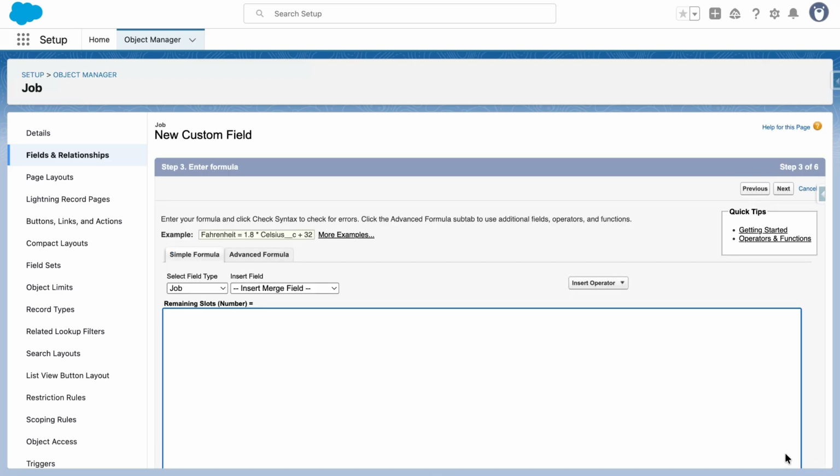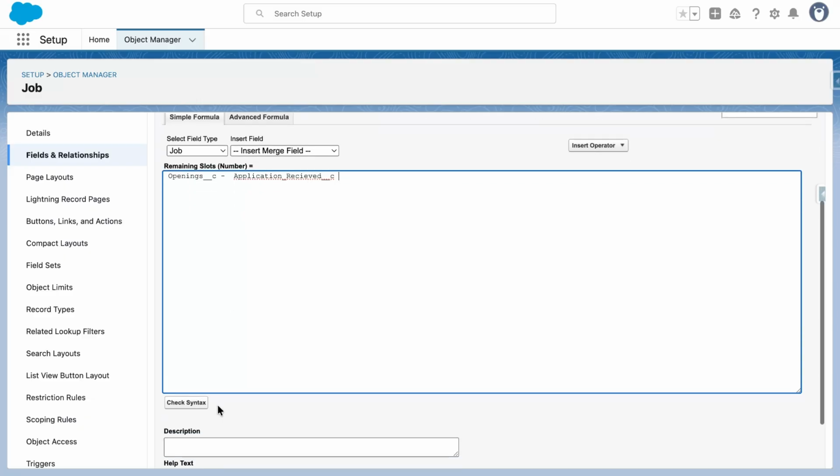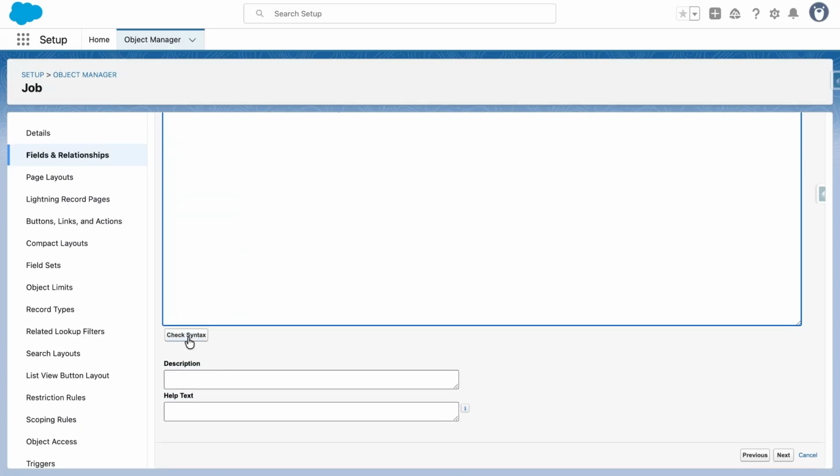Now what we are going to do, we have app openings, and then we have to subtract application received from openings, so it will show the current remaining slots. We check the syntax, no syntax errors, and click on next.